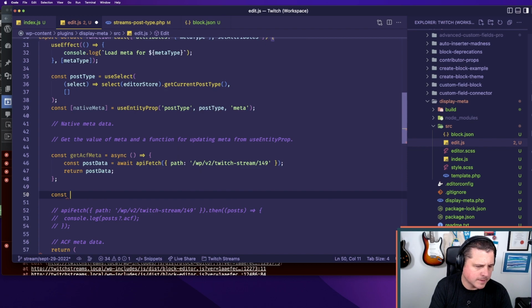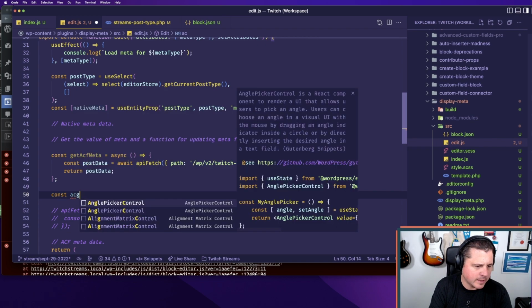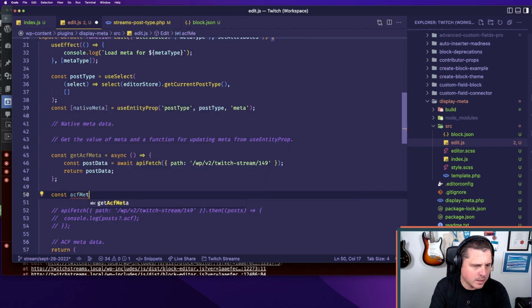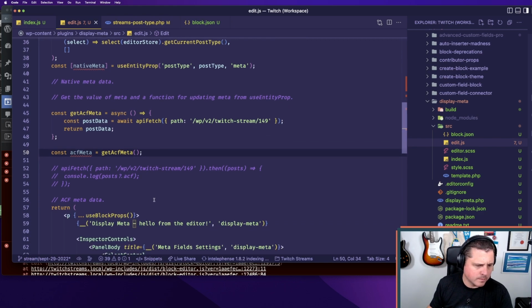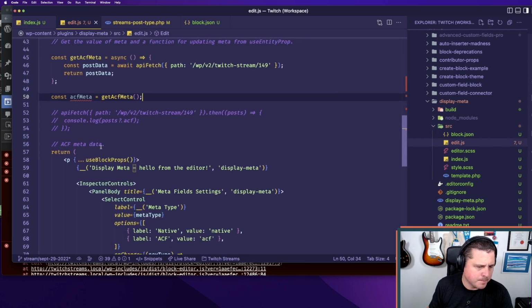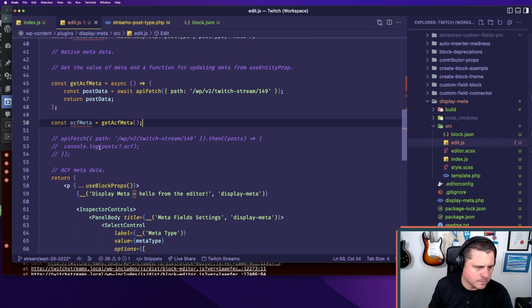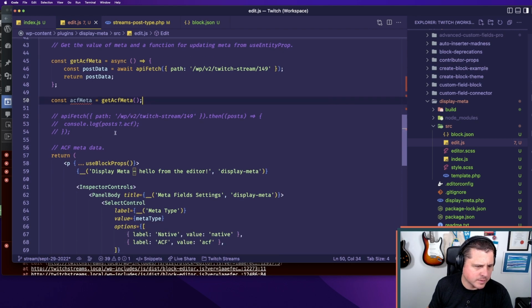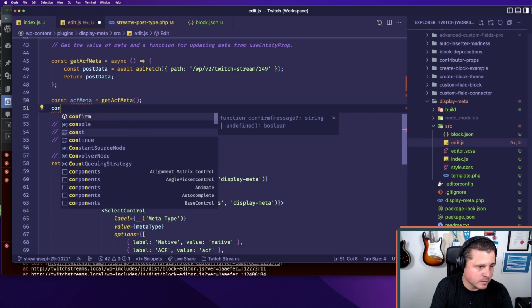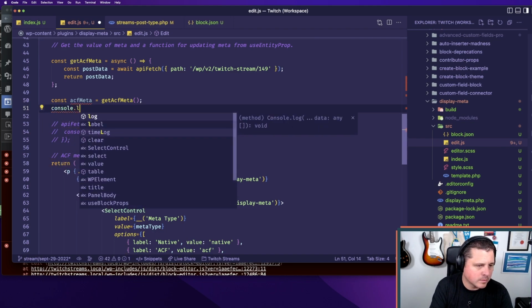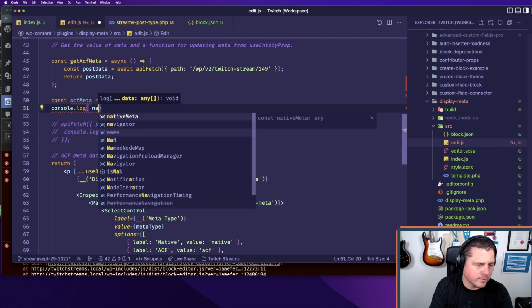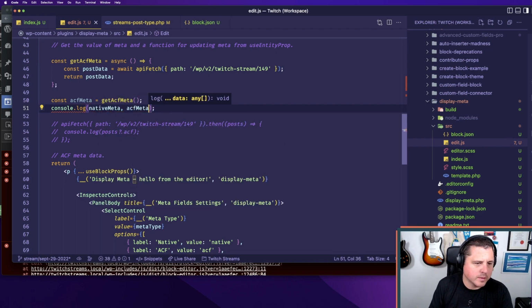Const ACF meta equals get ACF meta. Right. And then I'm going to need to map it at some point too. So let's just console log both of them for now. Log, and we have native meta and I have ACF meta. Okay, so